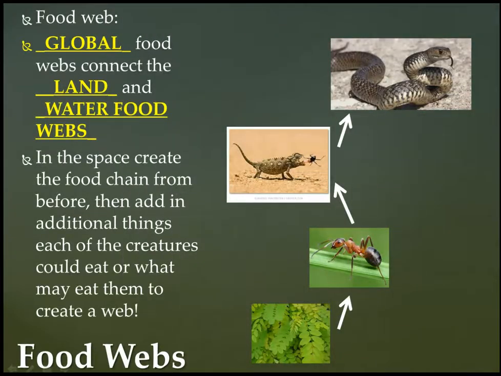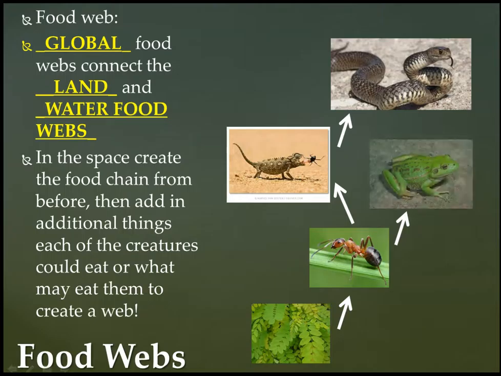When you take a bunch of food chains together, it makes a food web. A food web shows all those feeding relationships, because we know that creatures out there eat more than one thing for its meal. Food webs. Global food webs connect land and water food webs. So let's make a basic one. On your paper, you're going to create the food chain we've been talking about, and then we're going to add some more things in. For example,